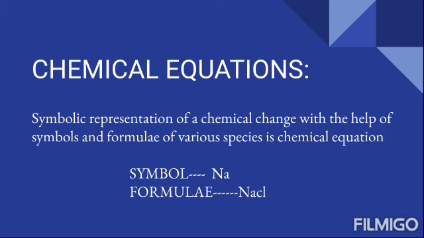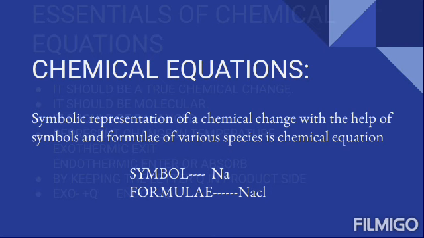Now one more thing, how do you know what is a symbol? It will always start with a capital letter. Here in NaCl, I'm so sorry, C should be capital. When C is capital, Cl is one symbol and Na is another symbol. Two symbols together form a formula. N should be capital here. In Na, the a is small, still it is only one symbol, a single symbol. Only when there is a capital letter can we differentiate what is a symbol and what is a formula.